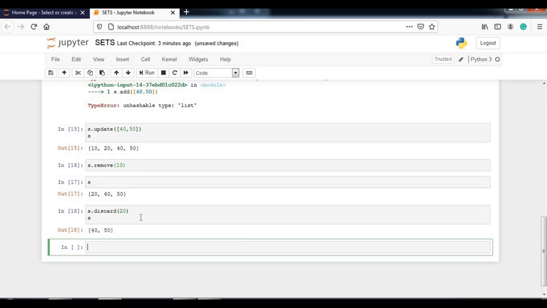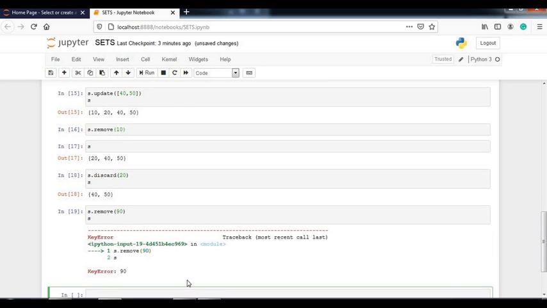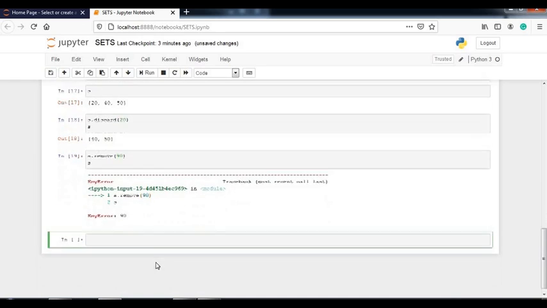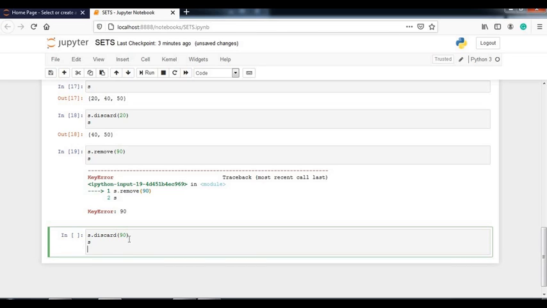Try to remove an element that is not present in the set, suppose 90. With the remove method, see what will happen. Here you are getting an error. Same thing I want to do with discard, 90.